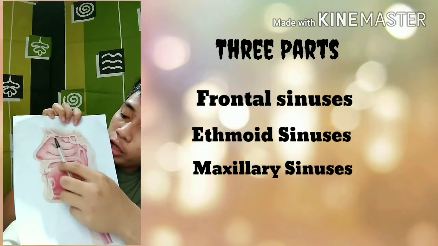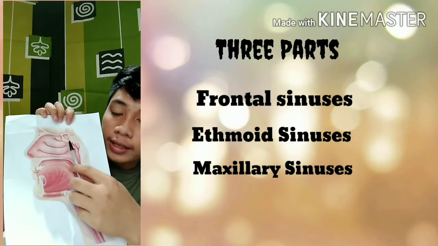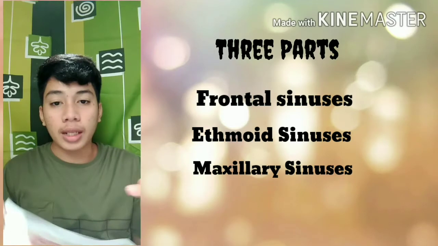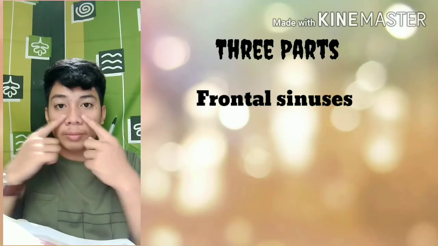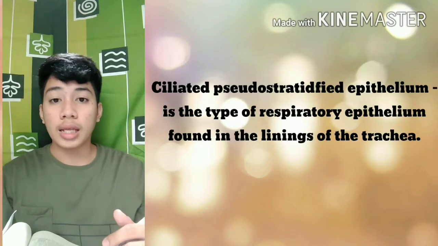Ito naman yung ethmoid sinuses. Tapos yung maxillary sinuses naman natin ay ito, yung nasa gilid ng ilong natin. Dito siya matatagpuan. Next one is the ciliated